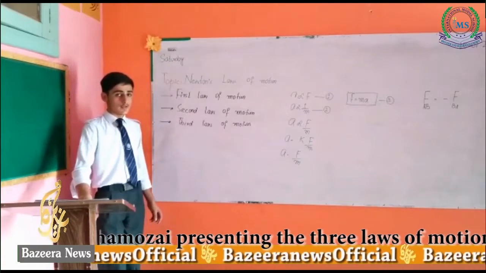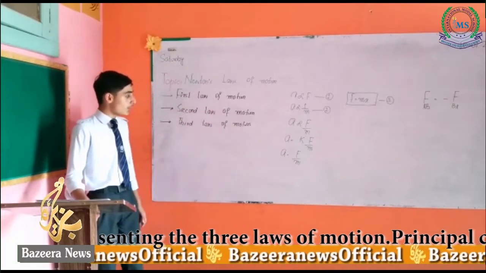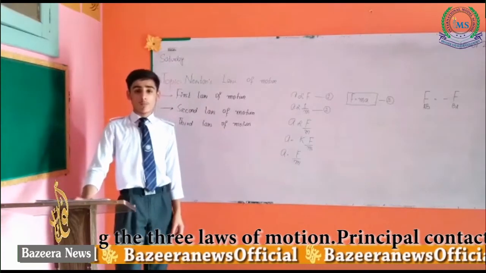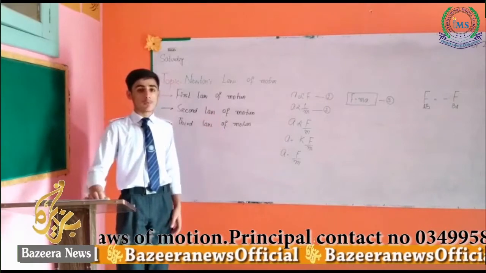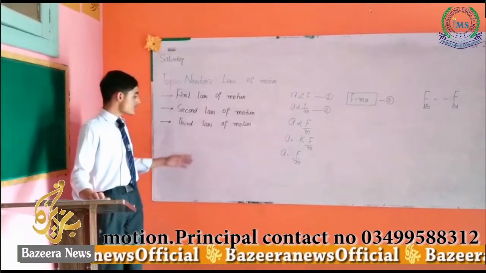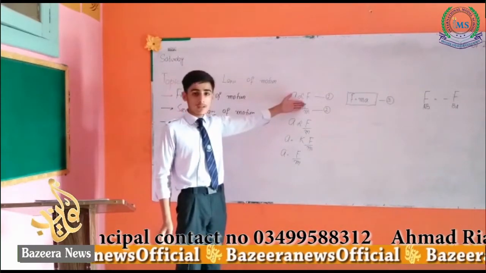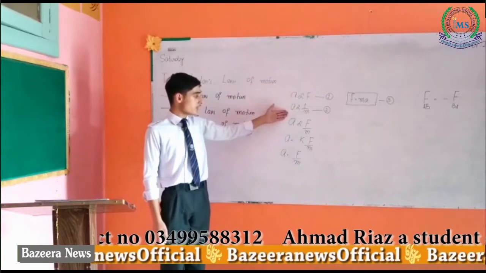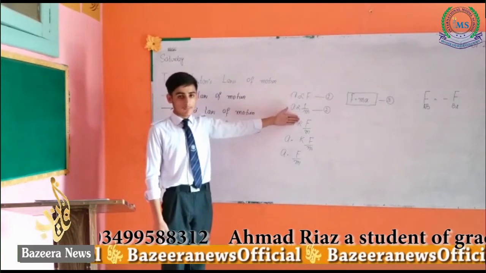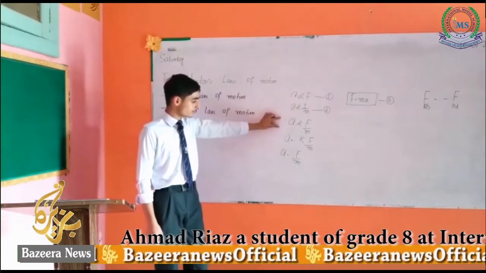Now let's discuss the second law of motion. The second law of motion says that when force is applied on a body, acceleration is produced. This acceleration is directly proportional to the force applied and inversely proportional to the mass of the body. When we combine the two equations, we get: